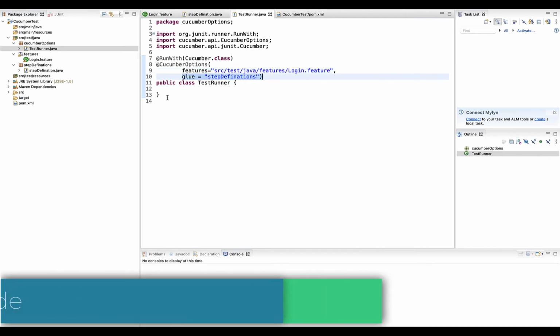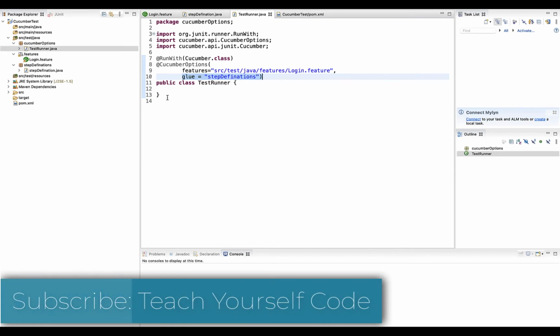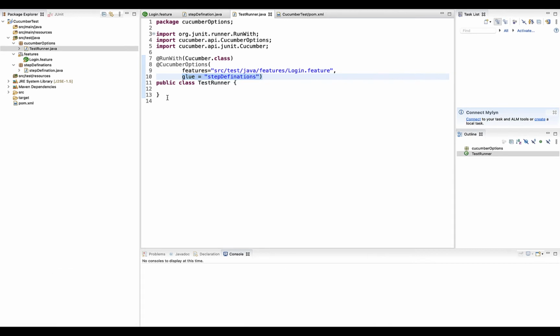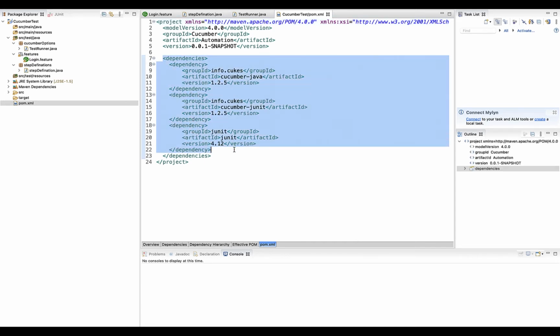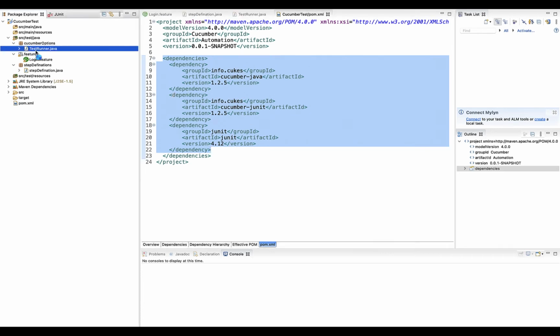These are very basic terminologies for those who already know Cucumber. If I go to the pom.xml, you can see I have just three minimal dependencies required to run any Cucumber code. Now let's run this code and see what exactly the error message is all about.